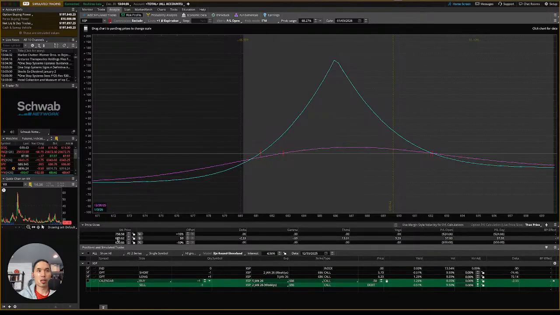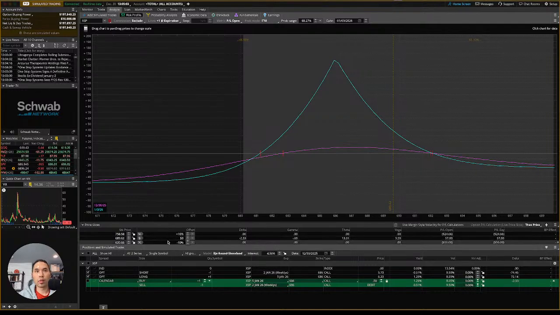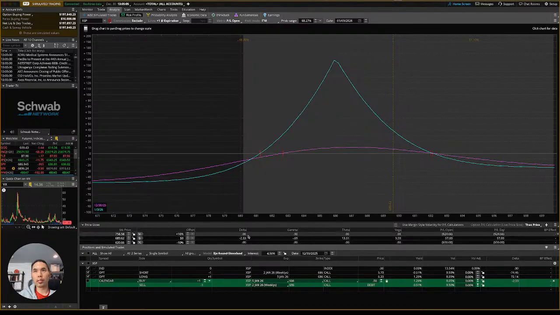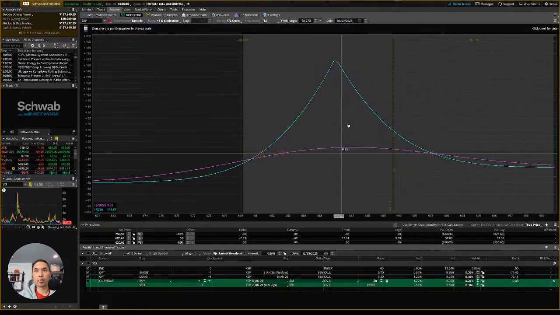It is some -2 delta. So if it moves down here, then I'll be in profit. But as long as it stays within this area, I'll be in profit. Like I said, I think we're drawn lower for the end of the week, so in profit. So my cost to put on the trade was a $50 debit. So 5%. If I earn $5, which I already have, I'm already at $7. That's already over 10% profit right there already on this trade.